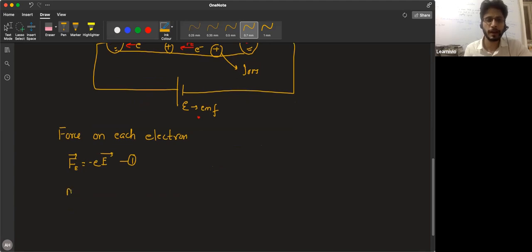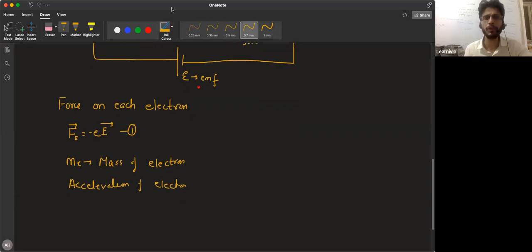If I write that m_e is the mass of the electron, then we can say the acceleration of the electron will be